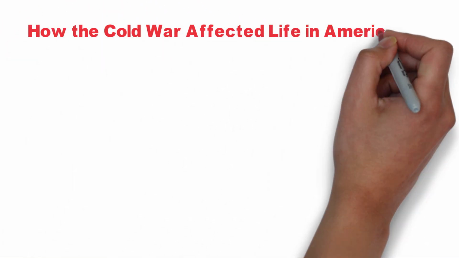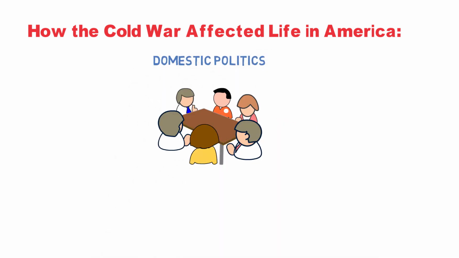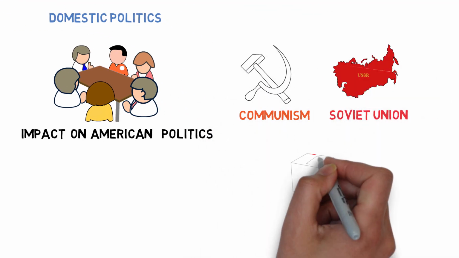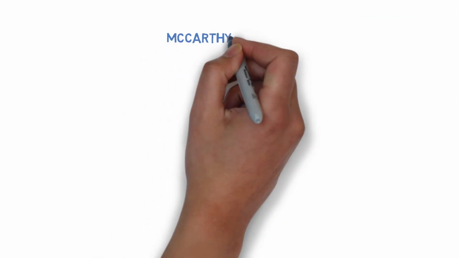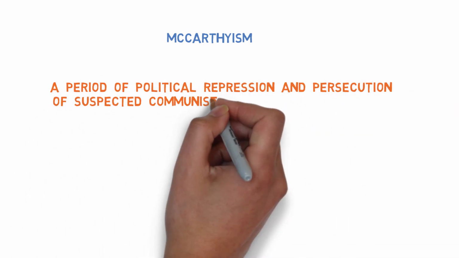How the Cold War affected life in America. Domestic politics. The Cold War had a significant impact on American politics, with issues related to communism in the Soviet Union playing a major role in national elections. The fear of communism led to the rise of McCarthyism, a period of political repression and persecution of suspected communists